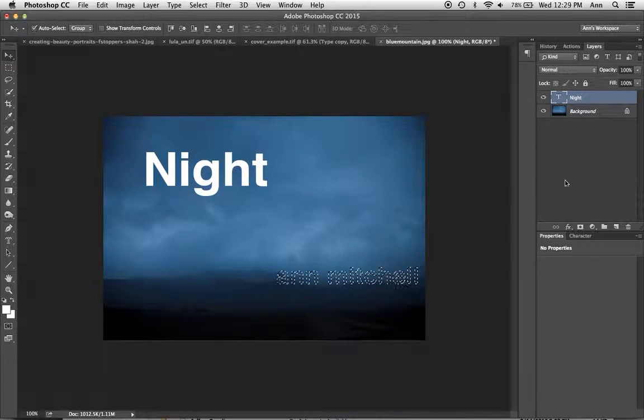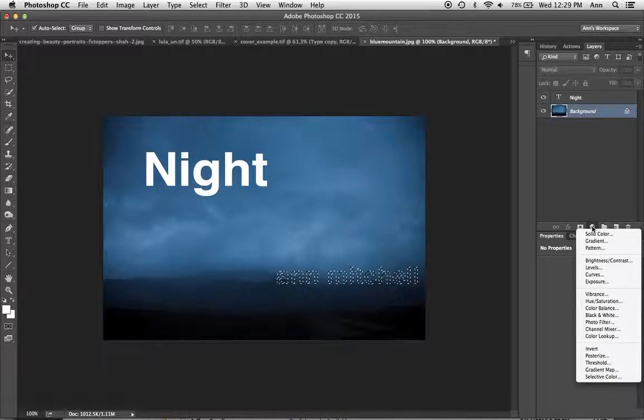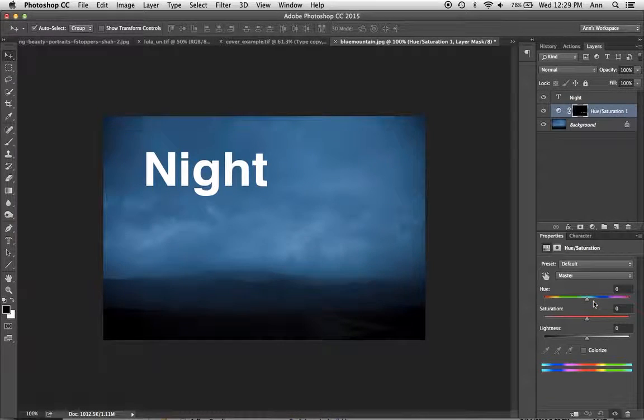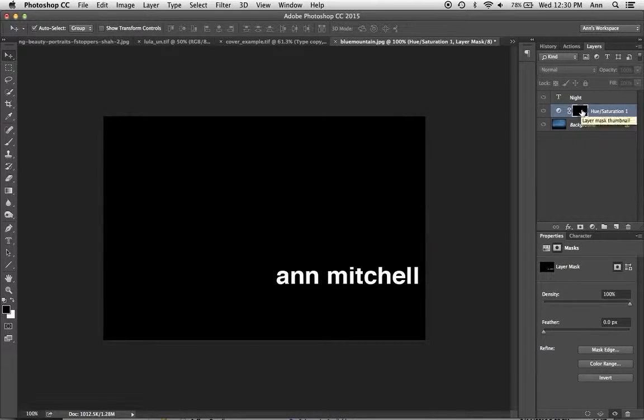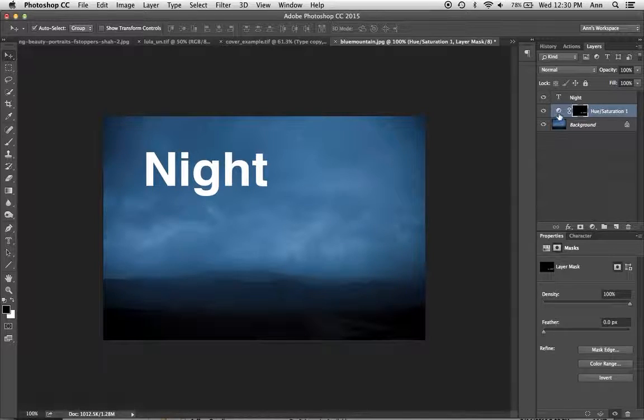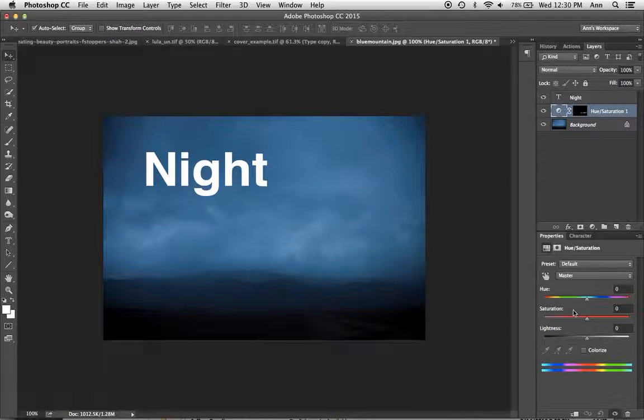Now, I'm going to use this to create, I'm going to click on the background, so you want to go back to the image, and I'm going to now use an adjustment layer. You can use any of these. I'm just going to pick hue saturation. It looks like it disappeared. Don't worry, there's the mask. There it is. And let me go back to hue saturation so I could change the saturation on it.